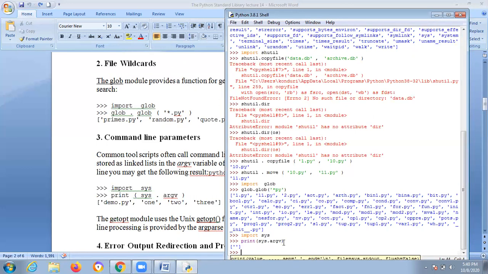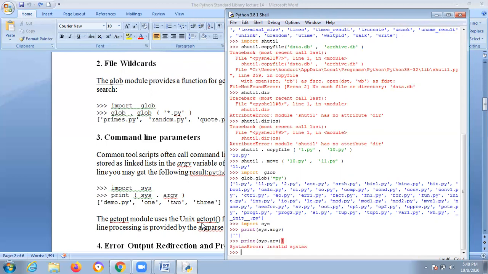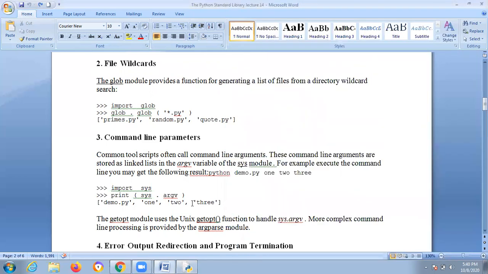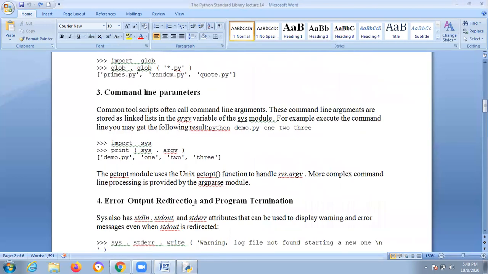Suppose you give a space, in this no arguments are there, it will print just like this. In Linux it will handle sys.argv or any complex commands.